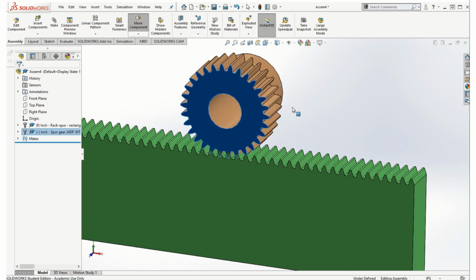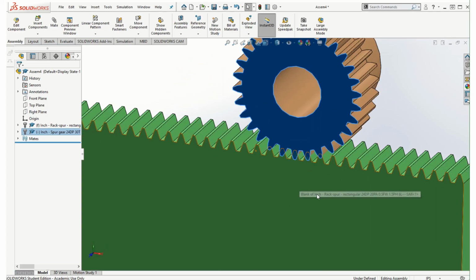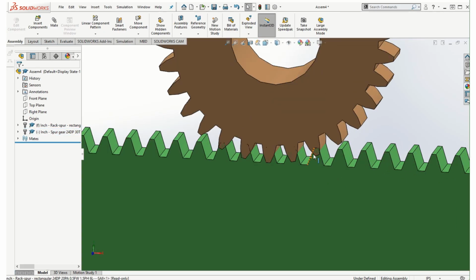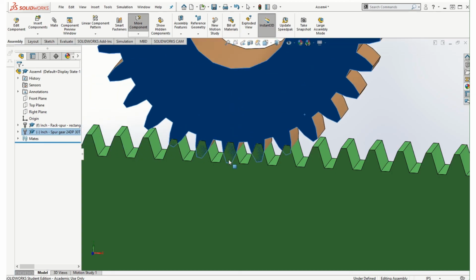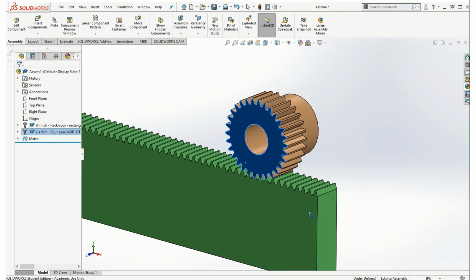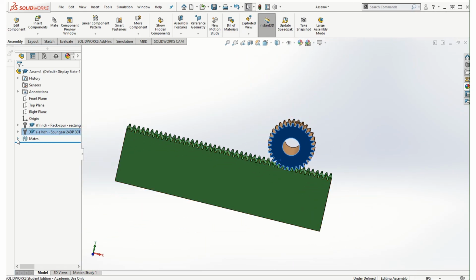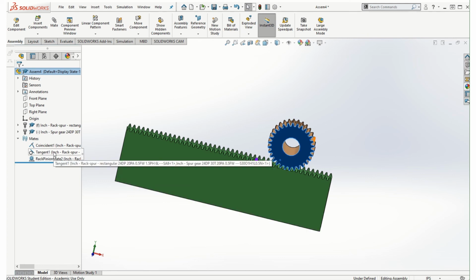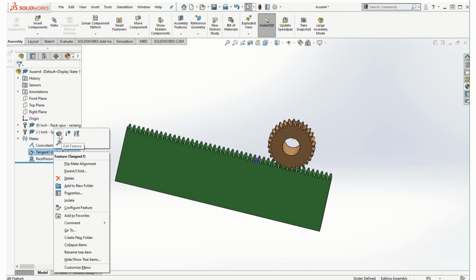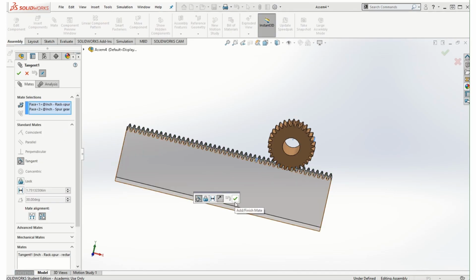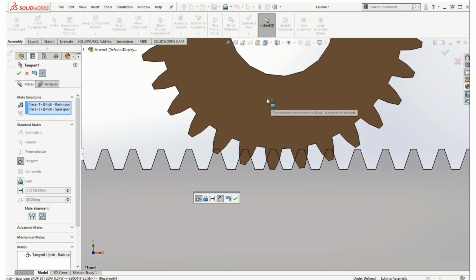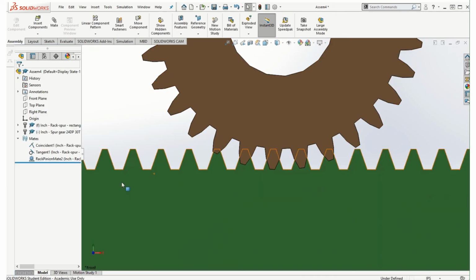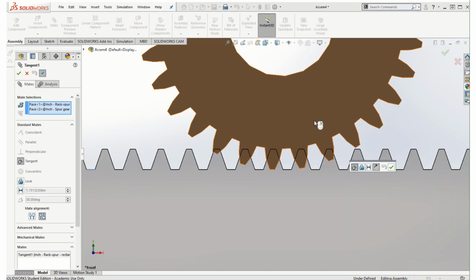So I'm gonna again look at it here, and sometimes you see problems like this, even though you were careful in terms of separating them out, it really doesn't look like it has done its job accurately. So what we can do is again expand the mates and modify the tangent option that we had selected. So I'm going to right click, edit feature. I'm going to use Control 1 to put it in the front view, and then try to okay, so it says it's fixed. So first I need to suppress the rack and pinion, and then edit feature on the tangent,